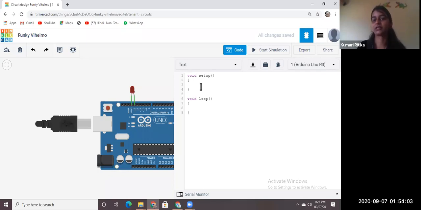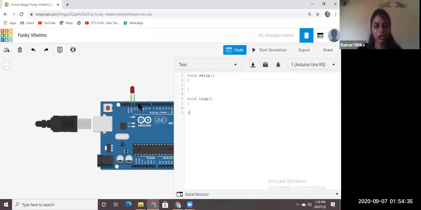We do it only once in a day. But what is the continuous process? Loop means continuous. Like study, it is a continuous process. We study, study, study. So anything that we want to do one time, we will write inside the setup part, and what we want to do continuously, we will write inside the loop block. So an Arduino program has two parts, void setup and void loop.